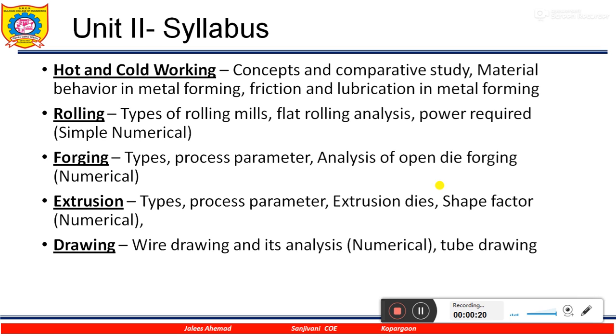Metal is formed, metal is shaped, metal is not cut, and metal is not added. Metal is formed with the help of dies, force and pressure. The input material is forced inside the die cavity. Metal is formed, form is given, shape is given. It is not cut, not added. That is called metal forming processes.